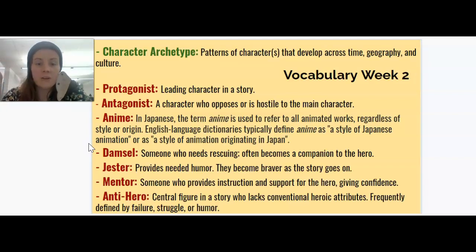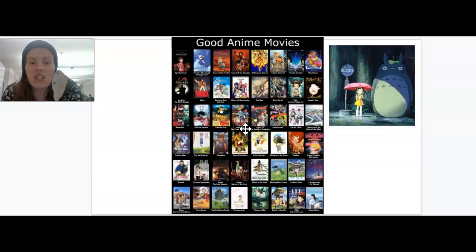So in Japanese, the term anime is used to refer to all animated works. It's a katakana word, regardless of style or origin. But in English language dictionaries, they typically define anime as a style of Japanese animation or a style of animation that's originating in Japan. Beyond that, honestly, there's not a lot of hard and fast rules about what makes an anime or how that's different from just a general animation, something like Wall-E or